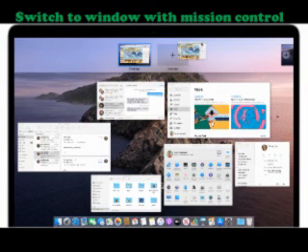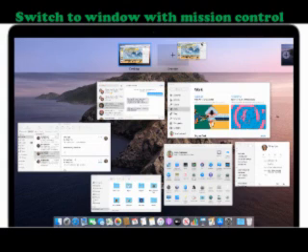How to do this? For this, first you have to click the Mission Control icon in the dock. Otherwise, do an upward 3-finger swipe on the trackpad. Otherwise, a 2-finger double tap on the Magic Mouse. Did you get me? Just click on Mission Control in the dock. Otherwise, if you have a trackpad, you have to do an upward 3-finger swipe. If you have a Magic Mouse, you have to use a 2-finger double tap. Then Mission Control will open.